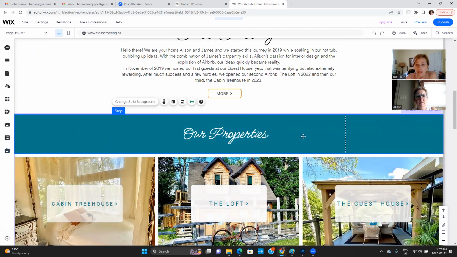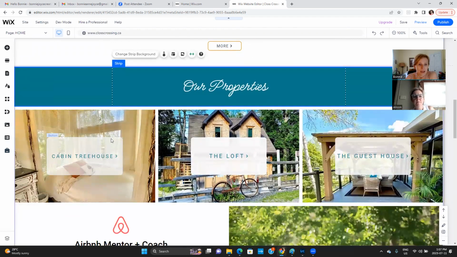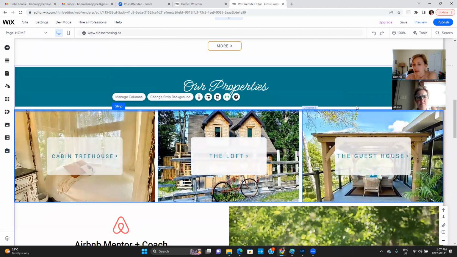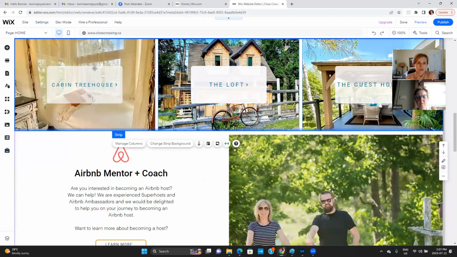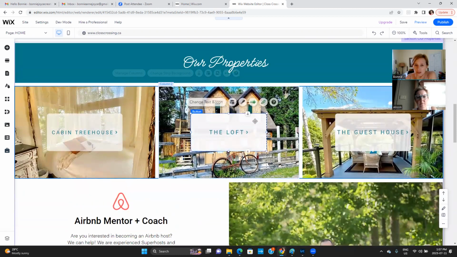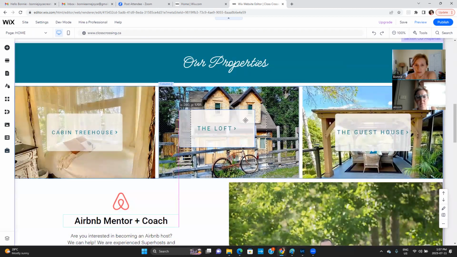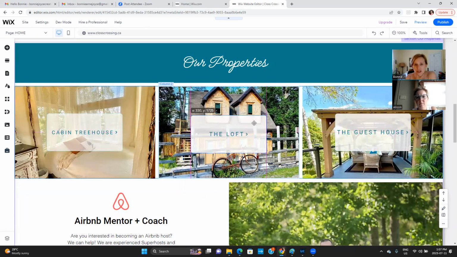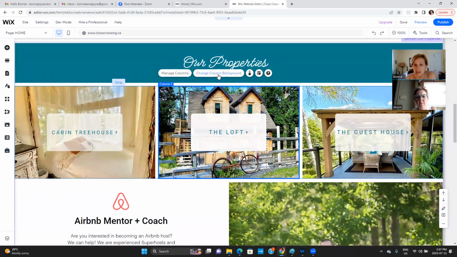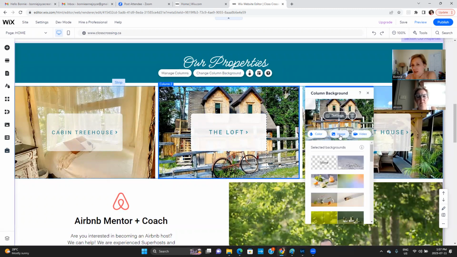So we just used a big block of color, and then there's some text over top of it. And this is a strip that has 3 columns in it that have 3 different pictures and then a button over top. So if you wanted to change the order of these, you can just grab them and switch them to a different spot, but you'd need to obviously change the corresponding images. And you do that the same way that I showed you up above. So change column background and then just go into your image files.